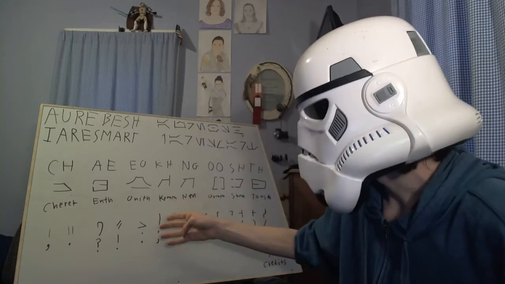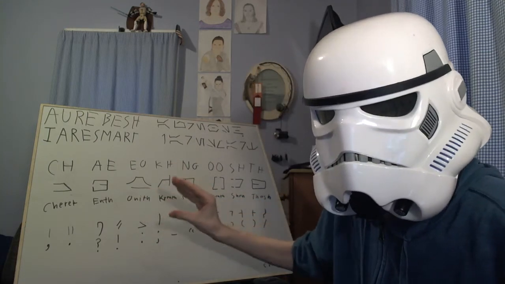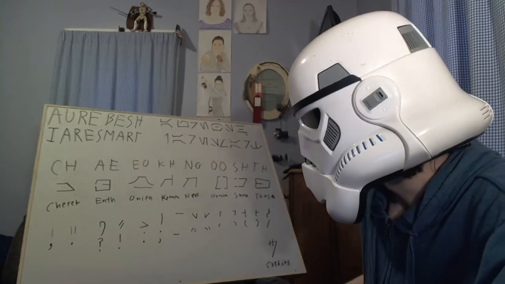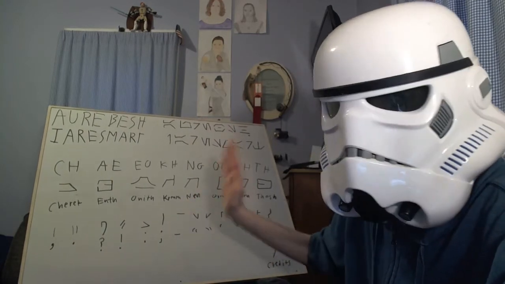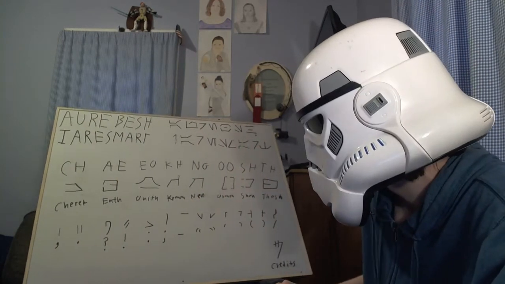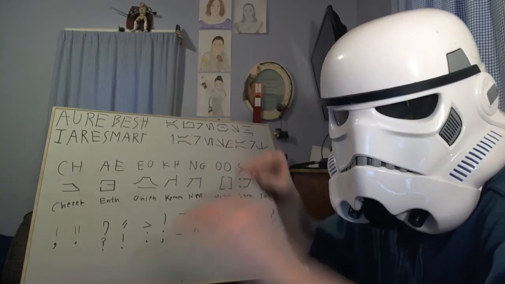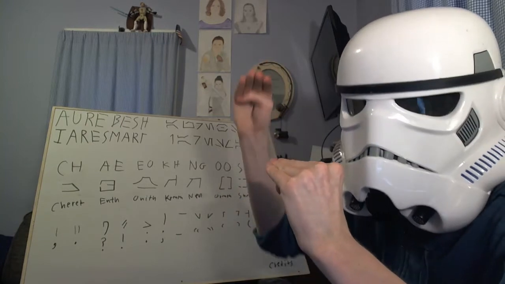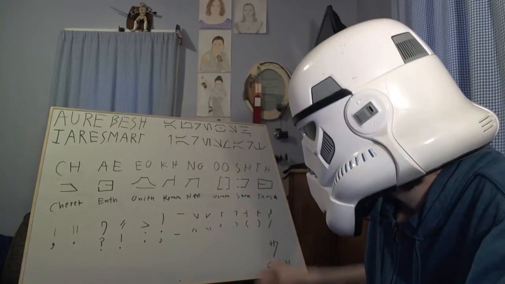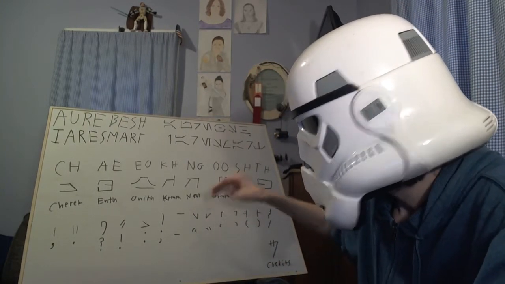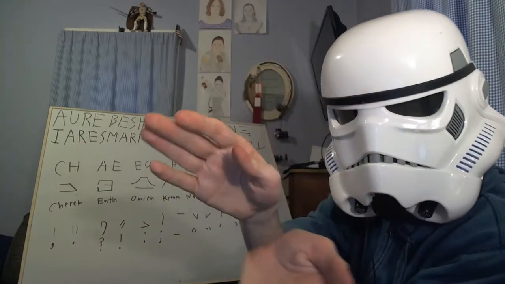If you're doing a colon, it's this angle, just kind of like that. And you have a semicolon, which is just simply a straight vertical line. Then we have a dash, which is pretty much just a dash. Instead of being in the middle of the letters, though, it's at the very top. Next we have quotation marks, which are these little arrows that point down, and they either face that way or